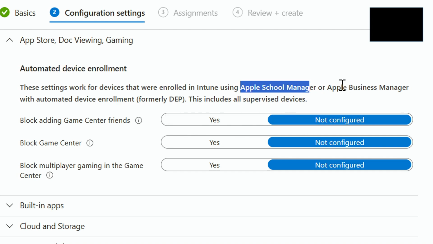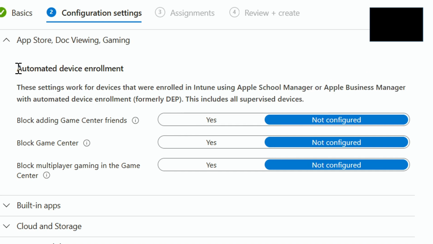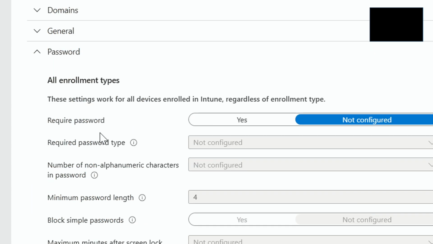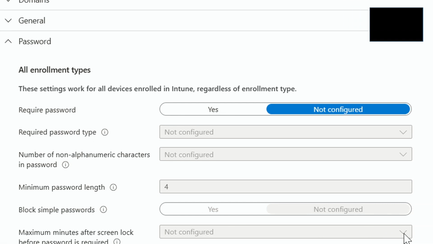It could be the Apple School Manager or Apple Business Manager, but it is saying that this setting applies to those devices. So you want to be careful. Just pay attention when you're applying any setting, what the enrollment type is when you are creating the scope for this profile. Right, so this is all enrollment types, and the reason I picked this one out is because it is a very common thing that you want to be able to do as an IT administrator, and it will